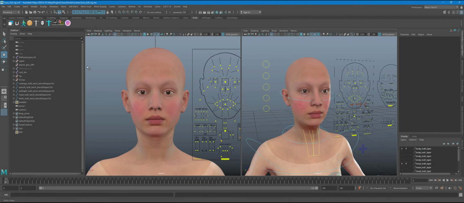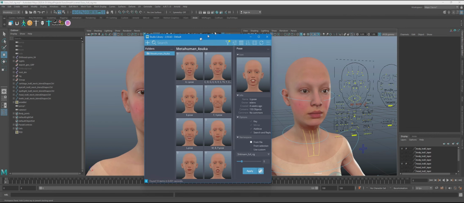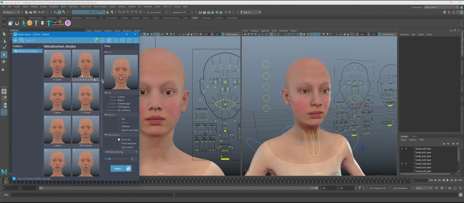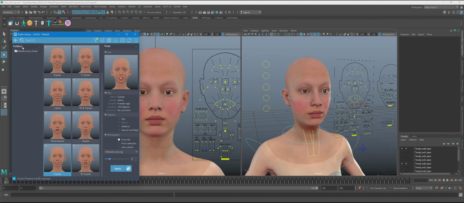So, opening up Studio Library, you can see I have presets that I've made for another Metahuman. And because Metahumans all share the same facial control board, I could technically use these exact presets on any Metahuman I create, but for the sake of the tutorial, I'll go ahead and start from scratch as if I've never